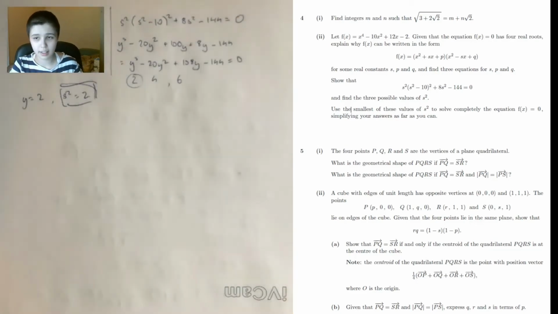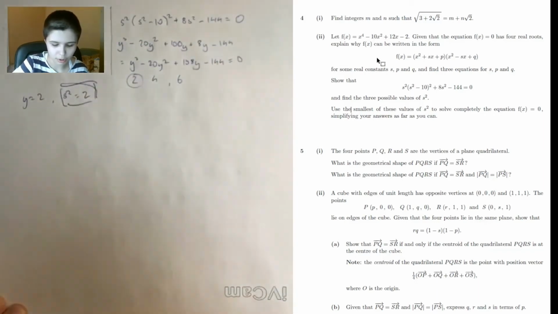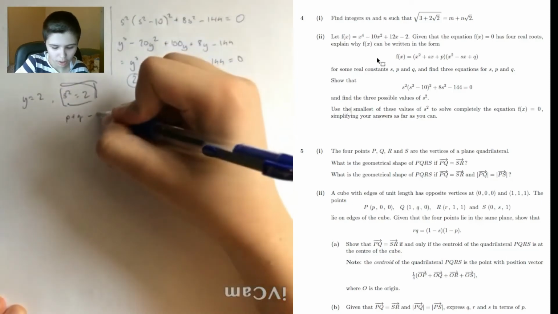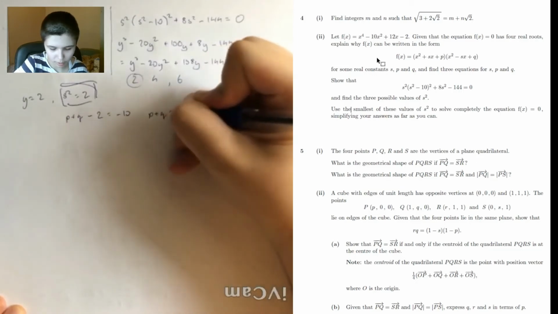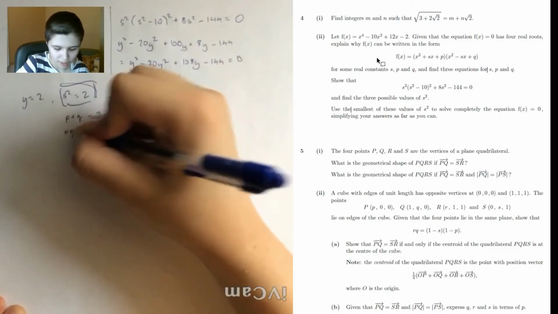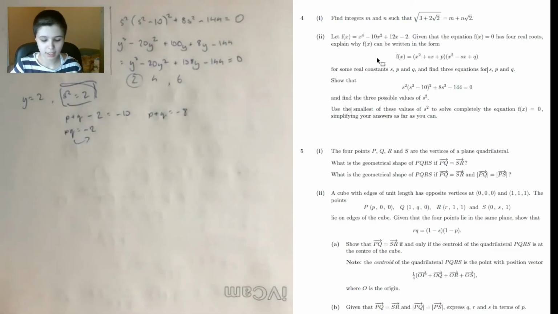And then what I did to continue on solving for the quadratic here, basically, is that I have s squared equals 2, and so p plus q minus 2 is equal to minus 10, and so p plus q equals minus 8. And I also had originally pq equals minus 2. Solving this quadratic gives me